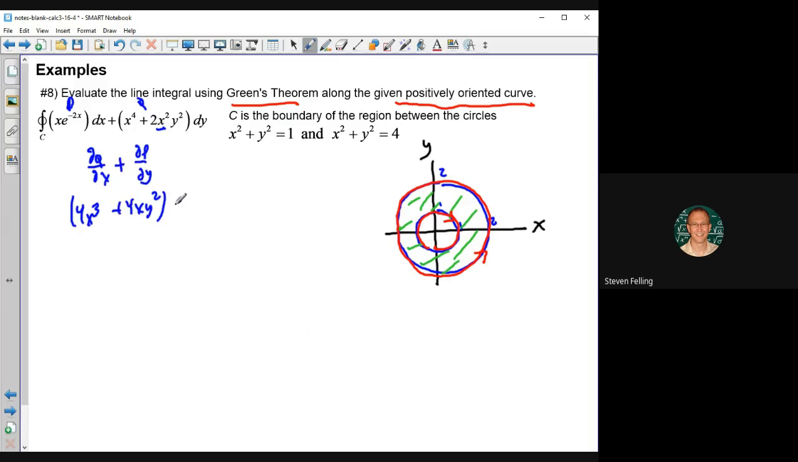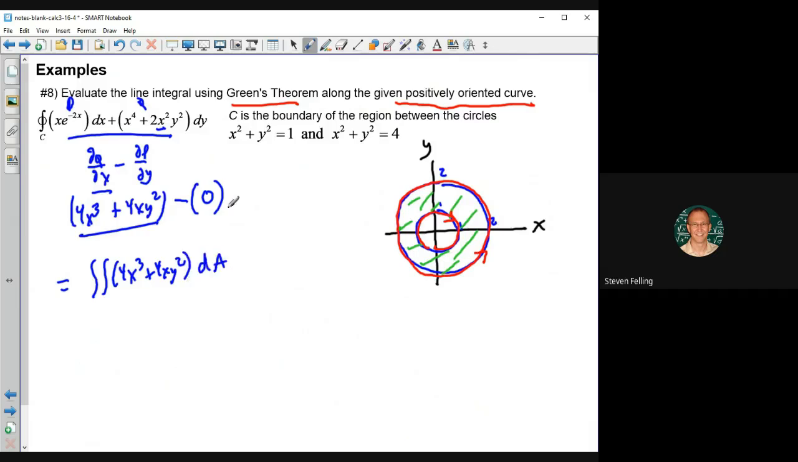And then, actually, wait a second. This is this term here, okay? And then dP/dy, so minus dP/dy. There's no y anywhere in here, so this is all a constant, so the derivative is 0. So the circulation is this, and we would go ahead and just integrate that over this region. So we know that that line integral there is equal to the double integral of the circulation